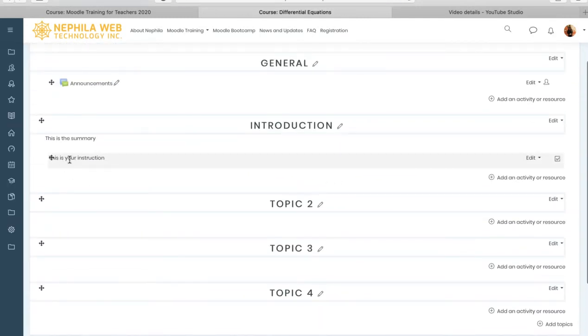So this is it. If you are providing a label here for the instruction, then you can probably put it here on the summary for the introduction. So the label will not be necessary anymore. So just to give you more idea of how you are going to use the resources or activities when